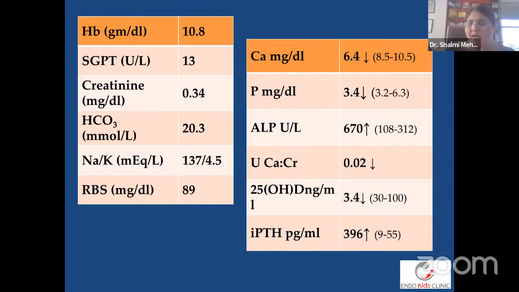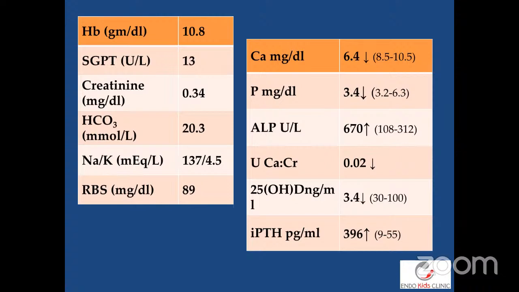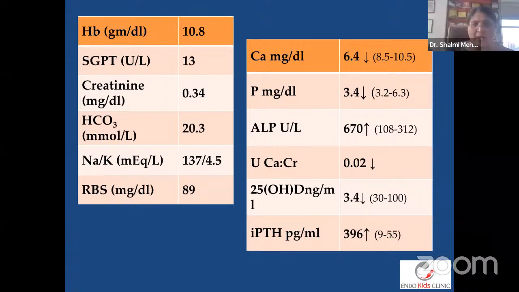Now we know that the parathyroid hormone has a very important role in maintaining normal calcium levels. So what does it do? It helps in making active vitamin D, that is, it helps in making calcitriol. The moment it notices that the blood calcium level is dropping down, it releases calcium from the bones, right? Because we know that the bones are a big calcium bank. So PTH induces the release of calcium from the bones. And the third, it decreases the loss of calcium in the kidneys. So PTH has these three important roles, and thereby it tries to maintain the calcium levels in the normal range.